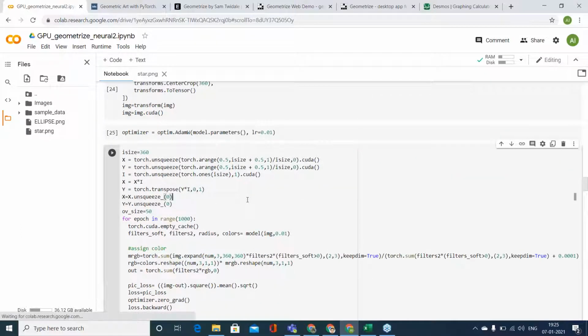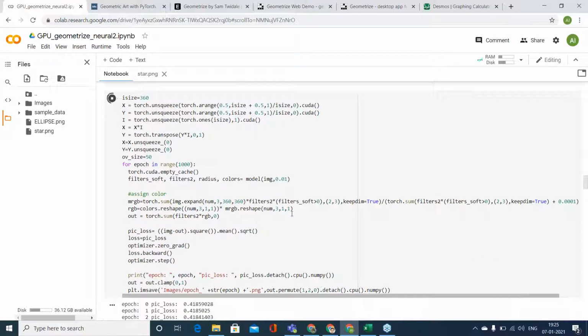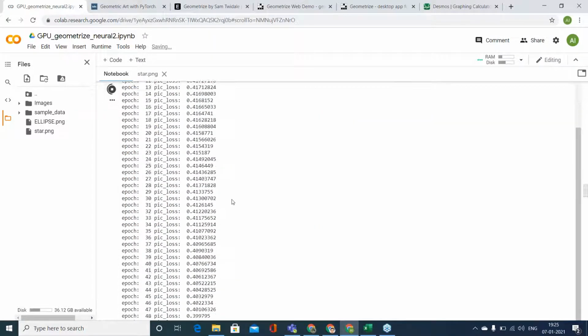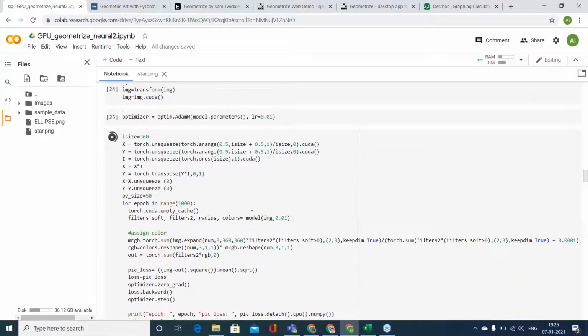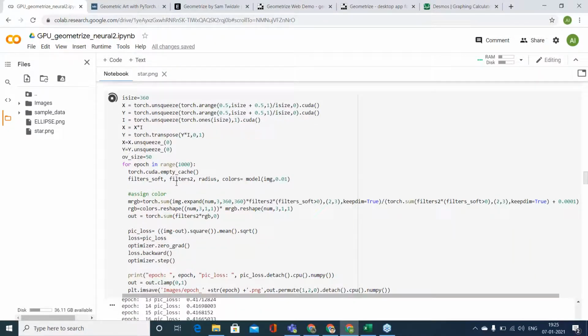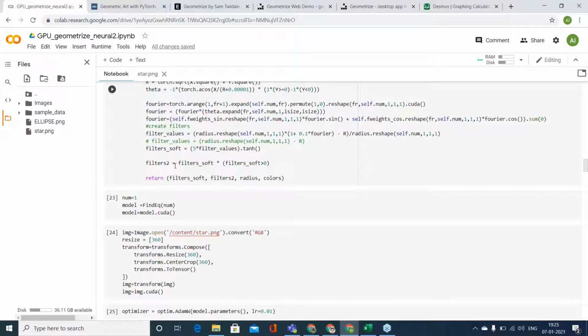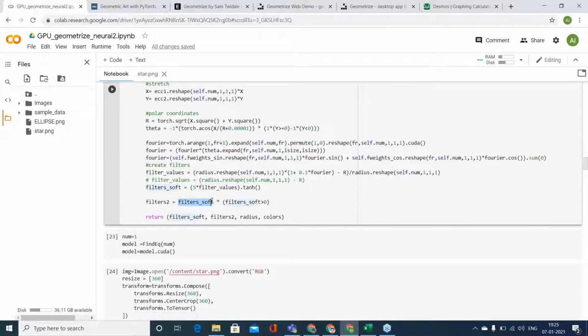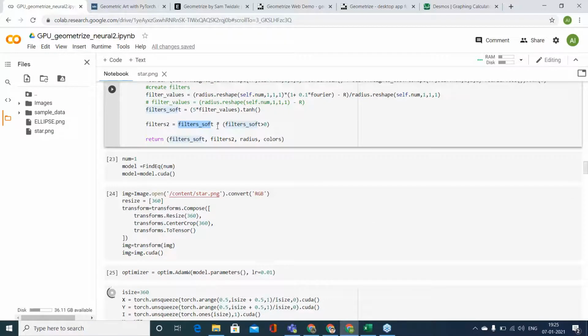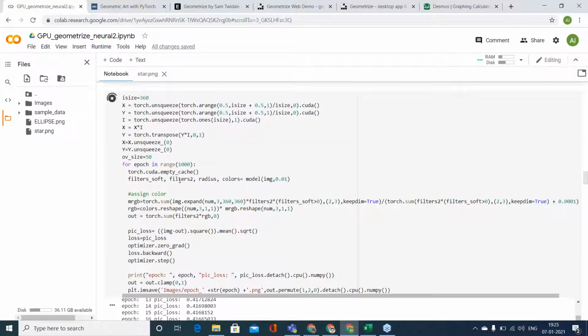Then just run the code. So what is it doing in the code? It takes the circle, takes one of the shapes we have created here, and then it calculates the RGB value.